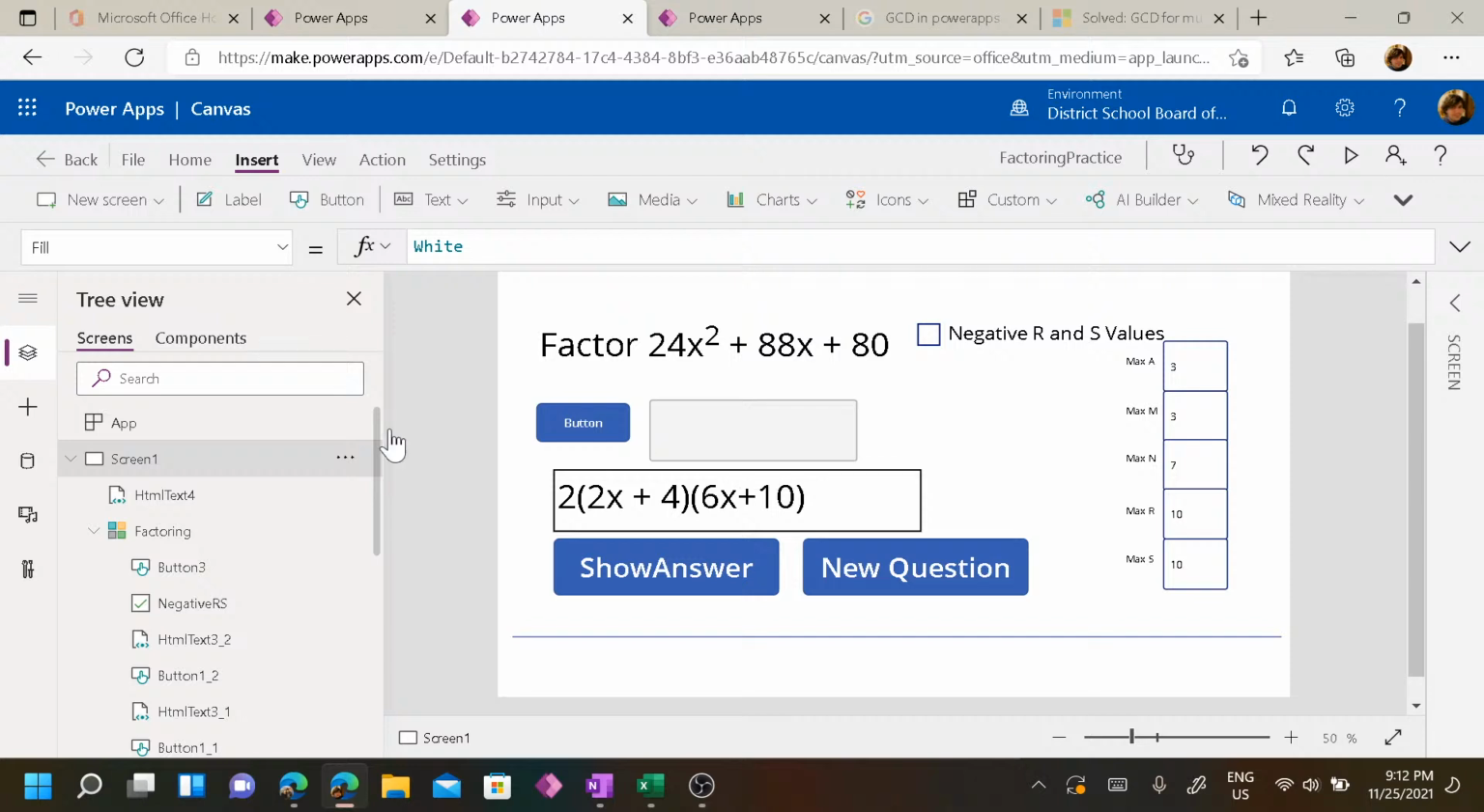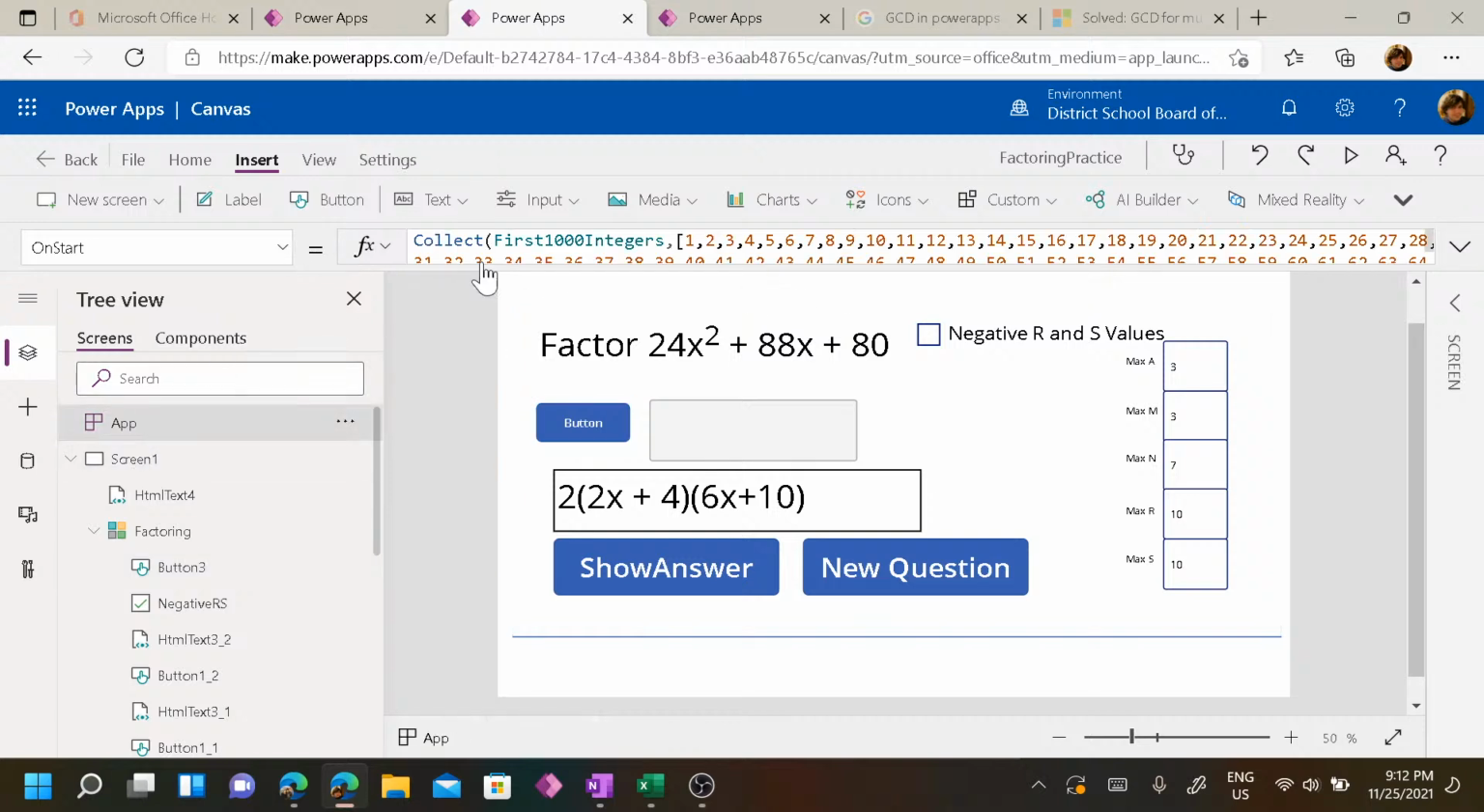Would be easy enough. If the GCD is greater than 1... turns out there's no greatest common divisor in here. So I need to do a for loop. Check 1, check 2, check 3, but I don't want to have to put them all in. So what I was able to do was in the OnStart,